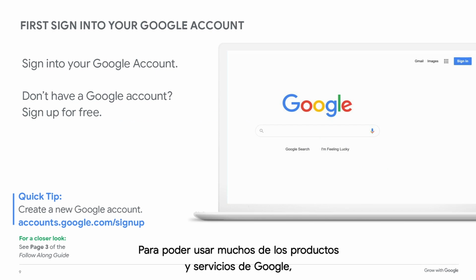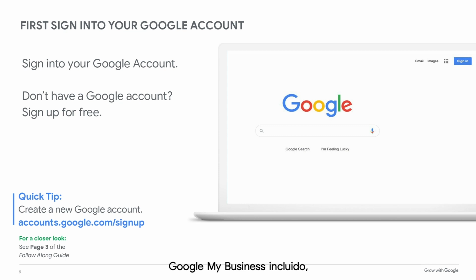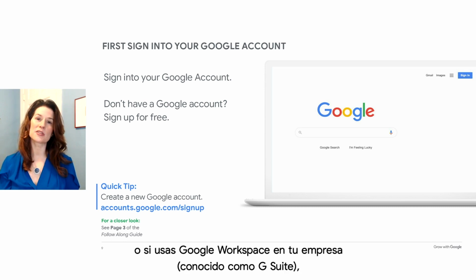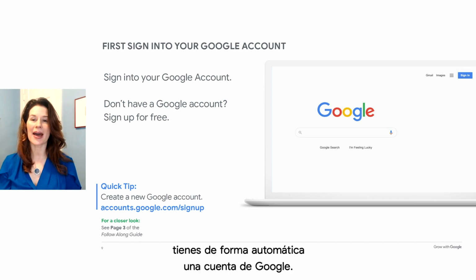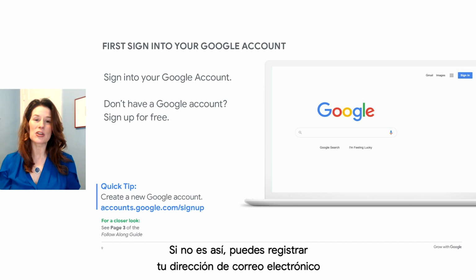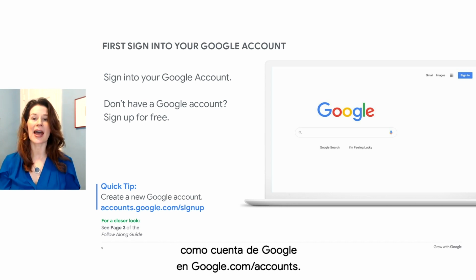Before you can use many of Google's products and services, including Google My Business, you need to be signed into a Google account. A Google account is free. If you have a Gmail address or if your business uses Google Workspace, formerly known as G Suite, it's automatically a Google account. If you get email another way, you can register your existing email address as a Google account at